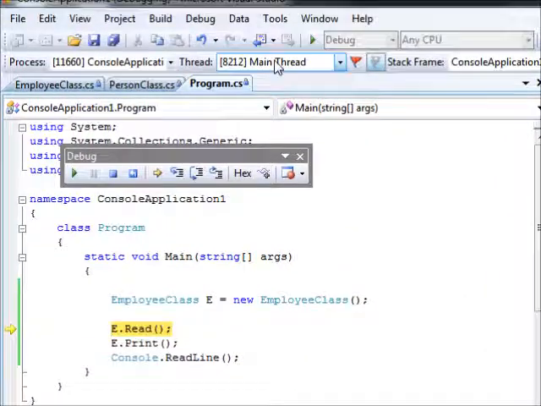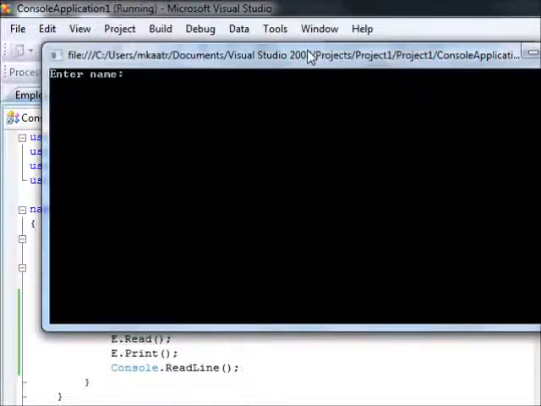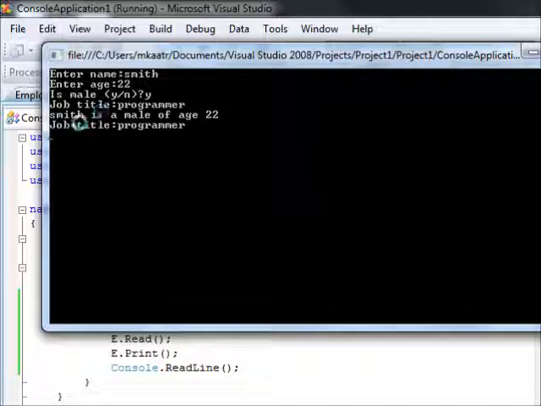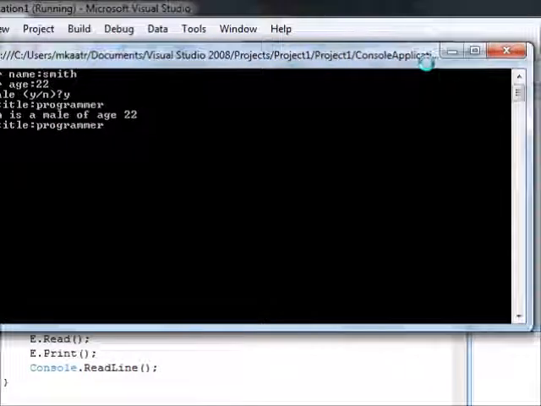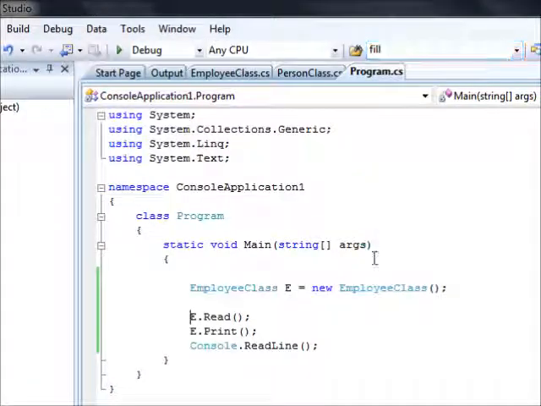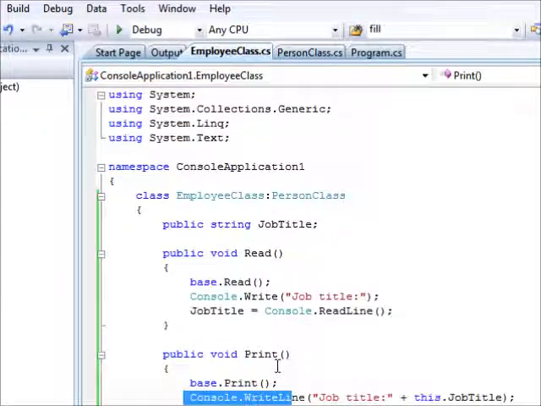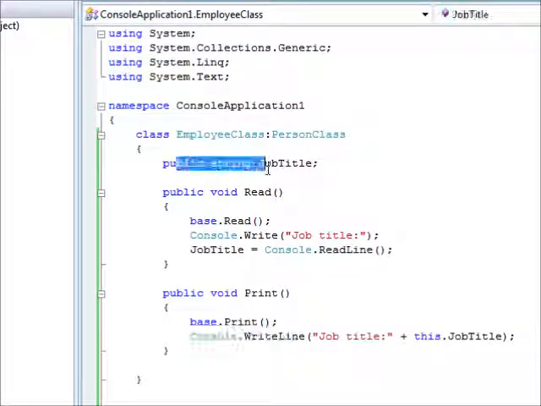Anyway, let's run this. Sorry, let me remove that and fill the code. This is going to fill the UI or the console. 22, yes, programmer. Smith is a male of age 22 and job title is a programmer. So you can see it is working fine now. So what did we have to do here in the code? We only added this